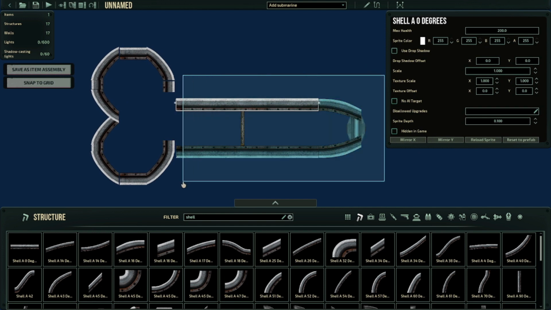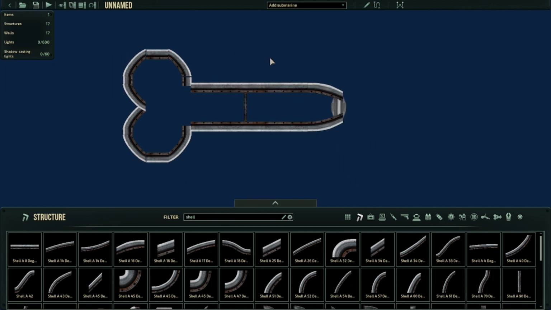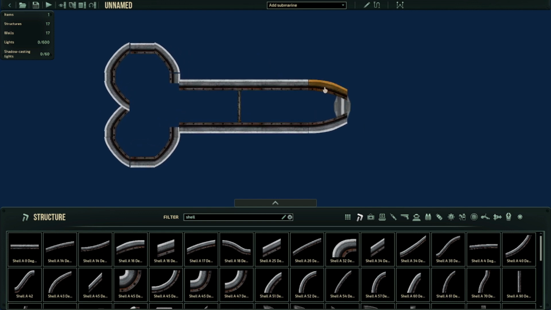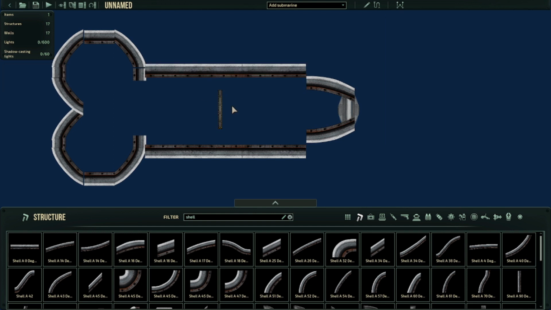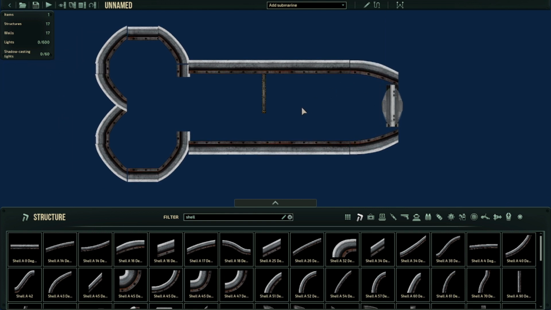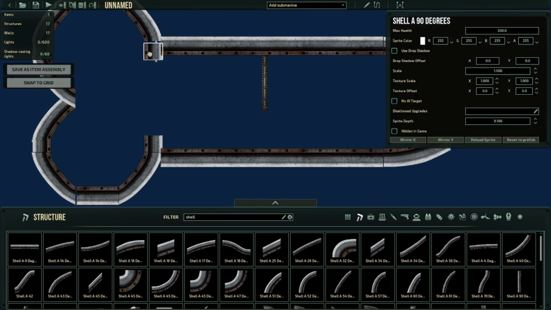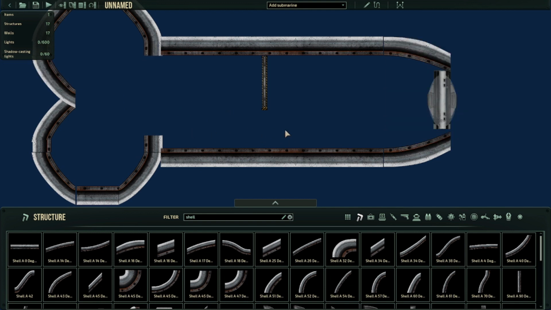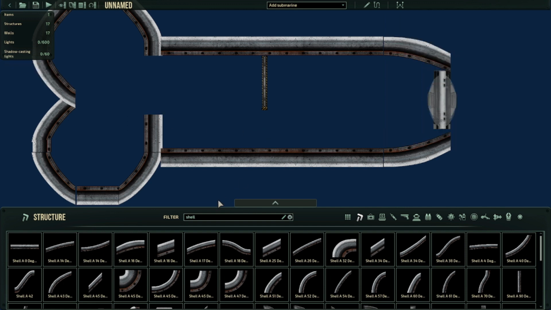Actually, it might not look too bad once we put it in place. Huh. Or maybe we can add some girth to it by doing this weird thing where we can have kind of like half a floor which can be used potentially to hold the ballast in the submarine. So it would look kind of something like